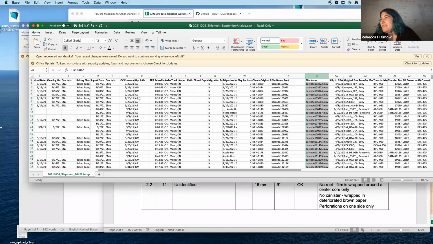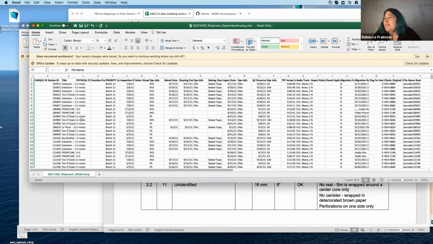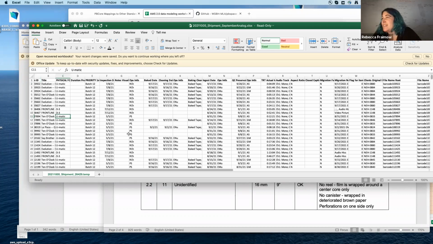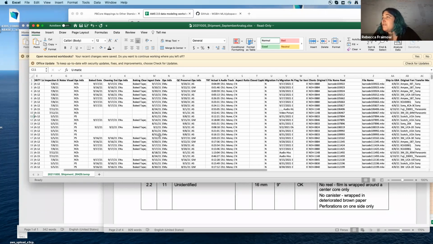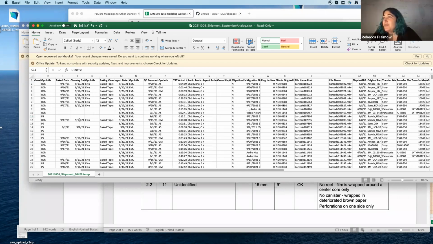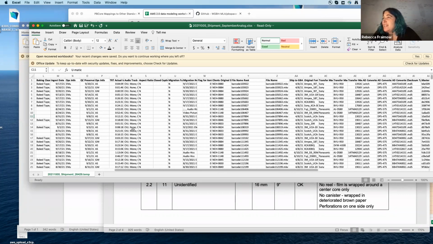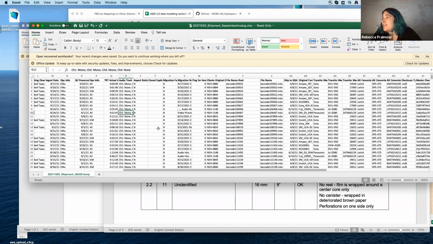And this is kind of a beast of a spreadsheet, so I apologize. But when we're sending this data out, we provide the unique ID for each item that we've provided, and we provide a title and we list the format, and then we have some information about what priority it is. And then there's a whole bunch of metadata, including whether the item was baked or cleaned, what the actual runtime is, which is something you can't know until you start to digitize it, what kind of audio tracks are there,